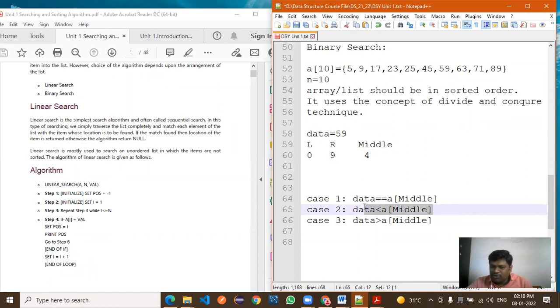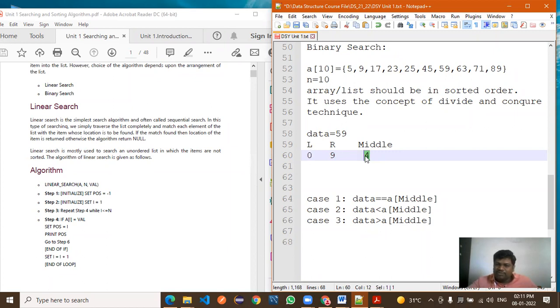And if the case number 2 is true, so at that time the data is present at which side? Left side, sir. Left side, right? Now if the data is present at the right side, we are replacing the left with the middle value.